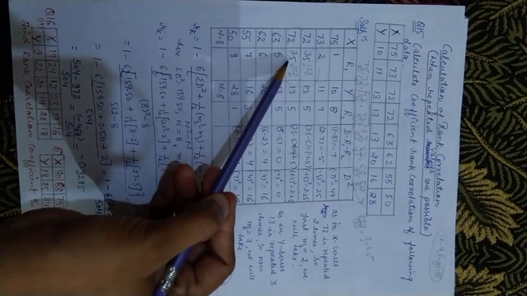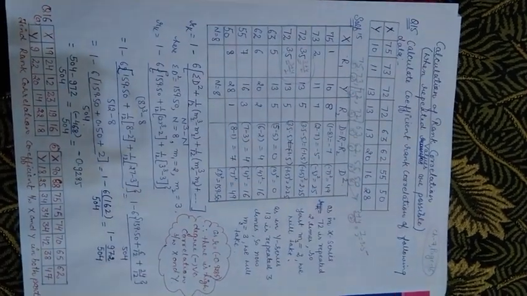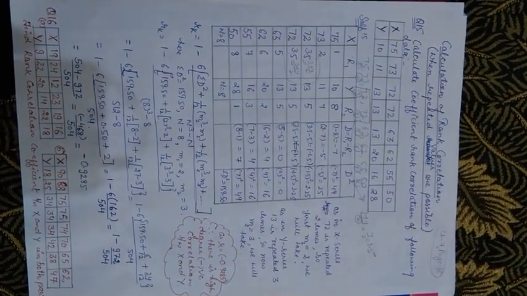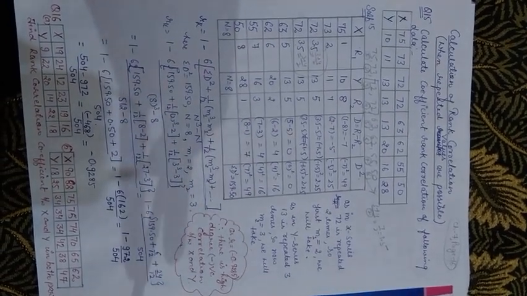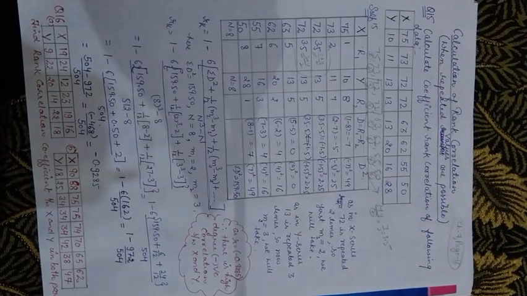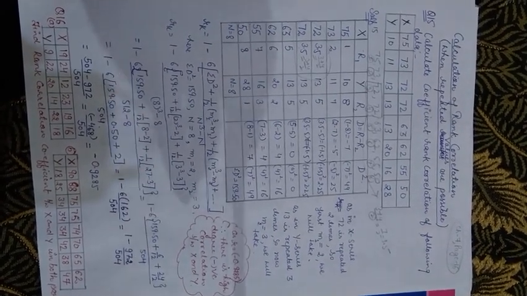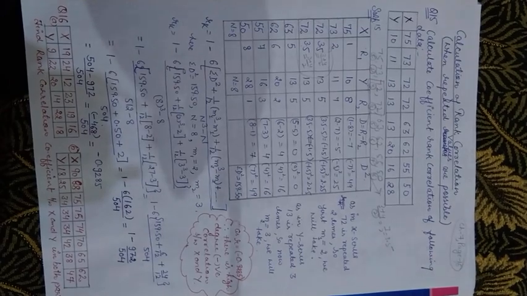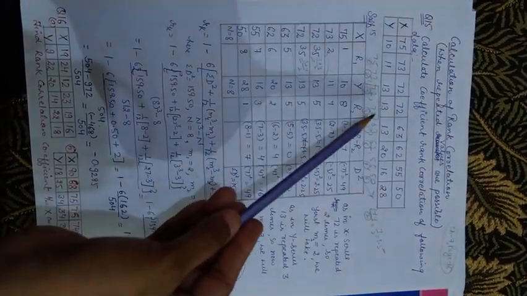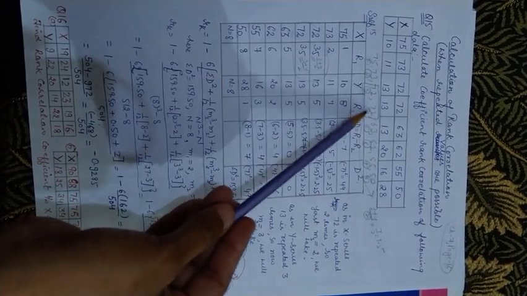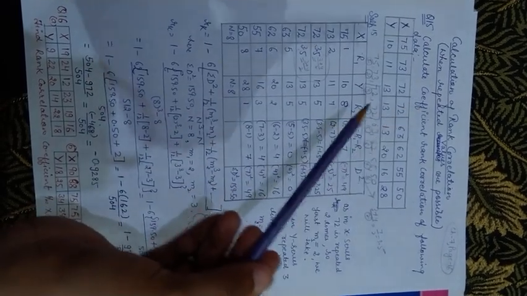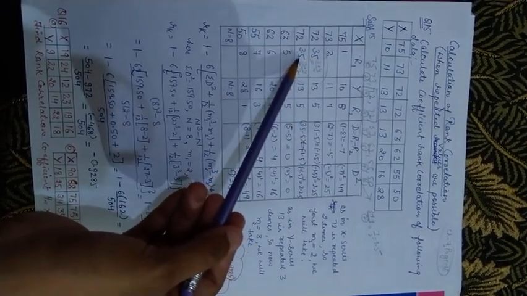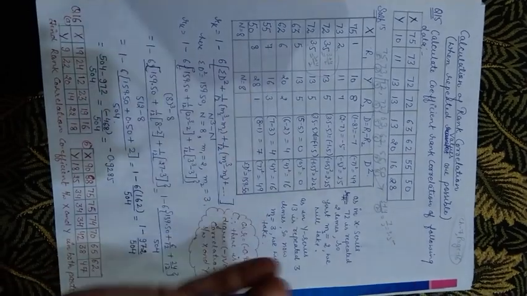And how can we give the same ranks? There is a process for giving same ranks: on which numbers those values are coming after arranging in descending order, we add all those numbers and we divide by how many the same values are. In this case they are 2 values and they were coming on 3rd and 4th. So we have added 3rd and 4th, that is 7, and the values were 2. 7 divided by 2 has given 3.5. We have written here 3.5. Then all is the same process.